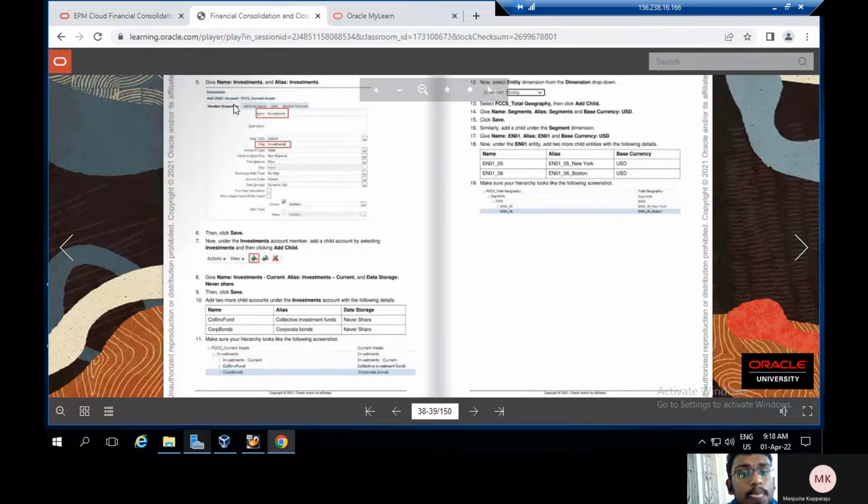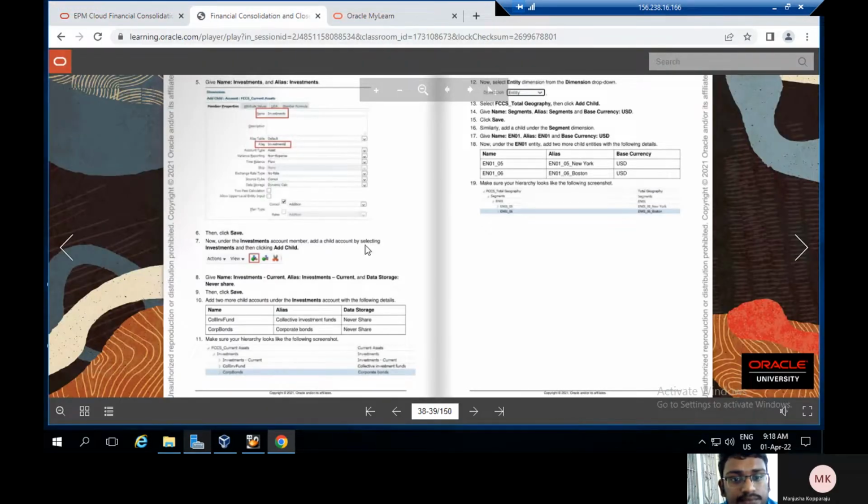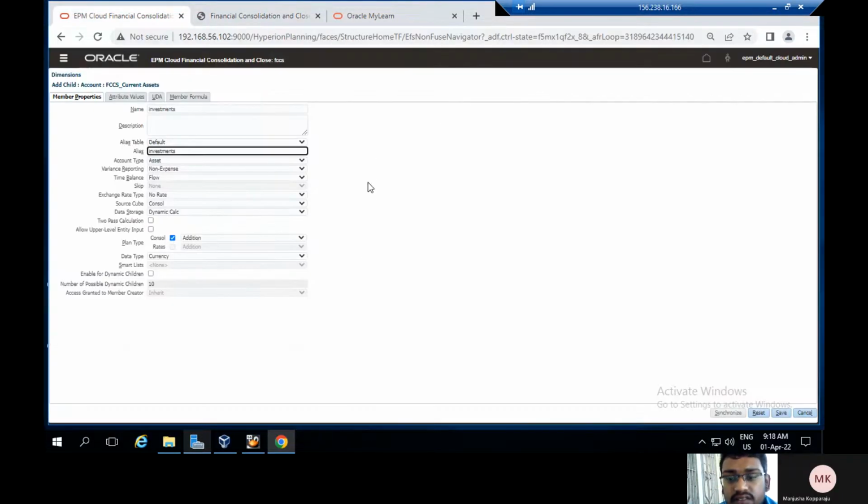The name is investments, and the alias also investments. Then click on save, and add an account by selecting the investments and add. Okay, after saving this,